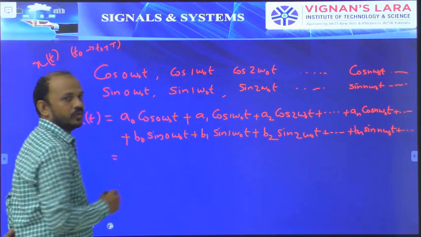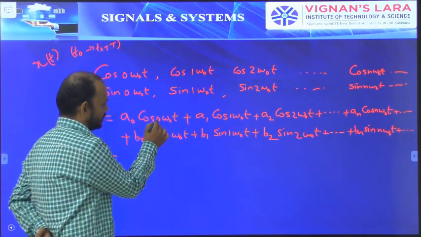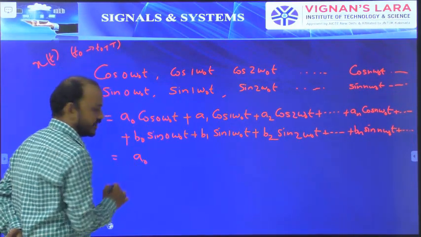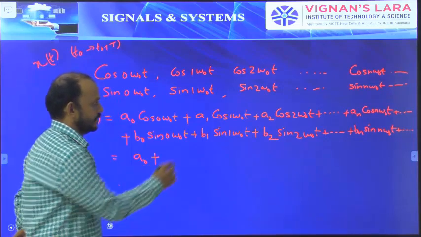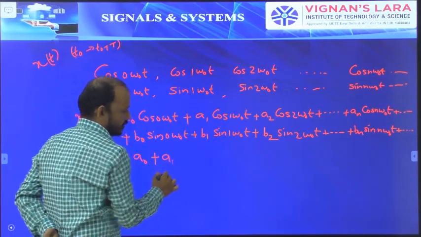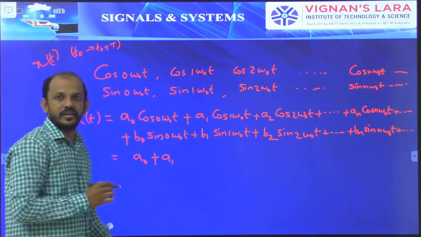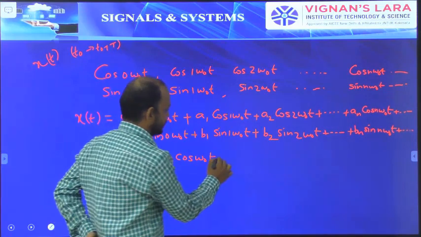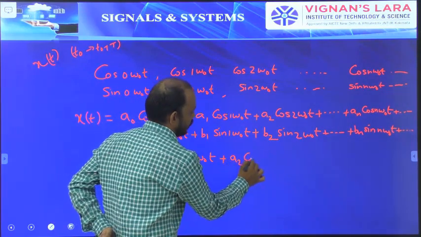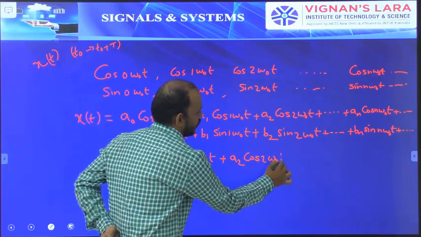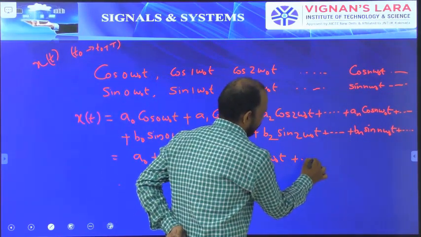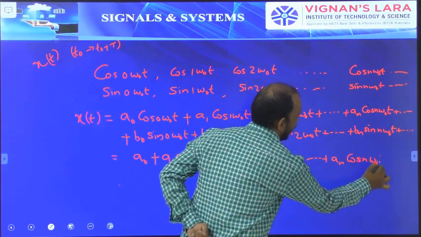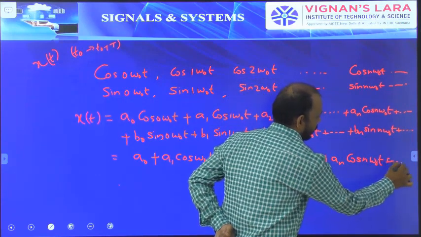See, cos 0, because 0 into anything is 0, so cos 0 is 1, and 1 into a0 is a0. So here I have to write a0 plus a1 cos omega naught t plus a2 cos 2 omega naught t plus so on, plus an cos n omega naught t plus